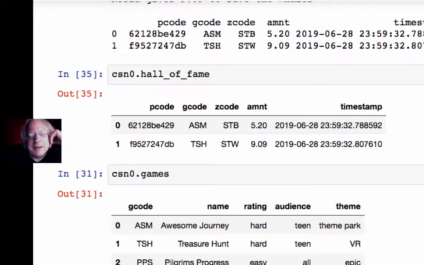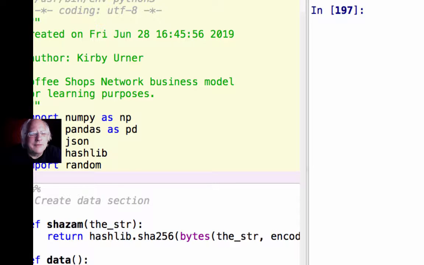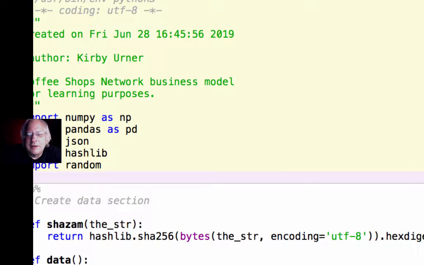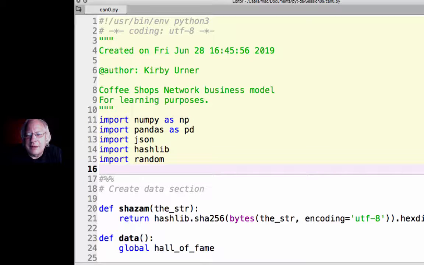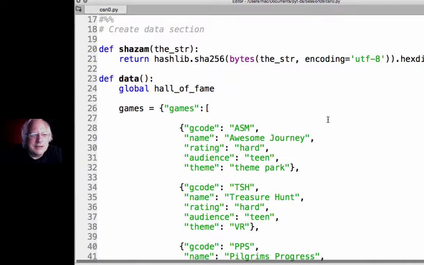So I'm keeping aggregate data as users win games and commit the money to causes. That creates a record in a table called Hall of Fame. And now I've got this whole second part to this, which I will not pursue in exhaustive detail in this video. You don't have to go to college to follow this video. I just wanted to say